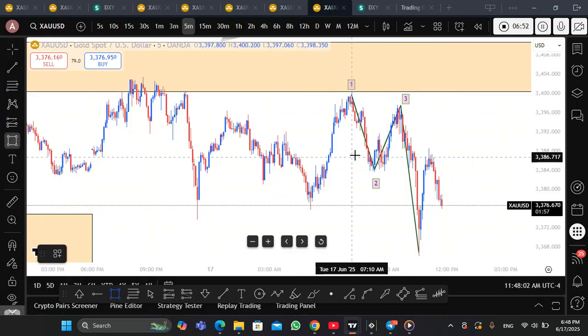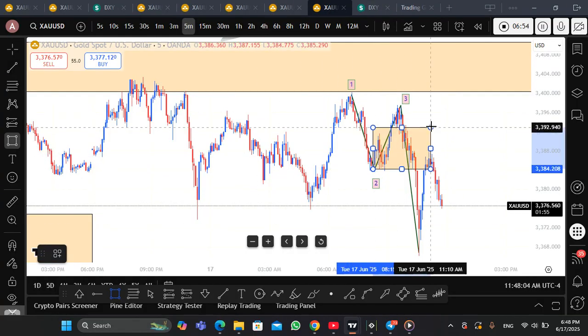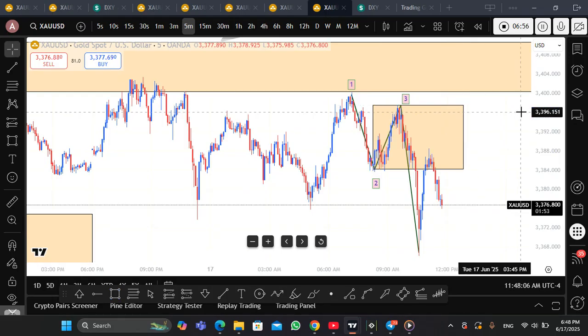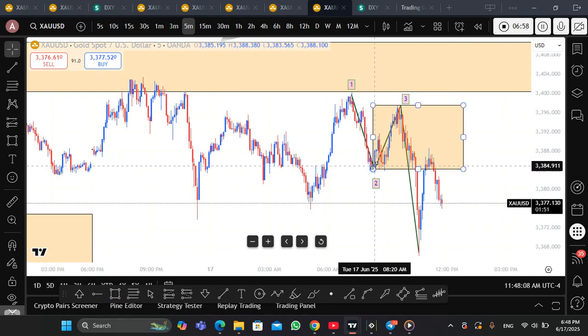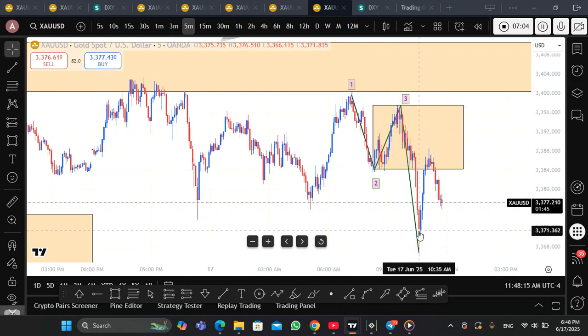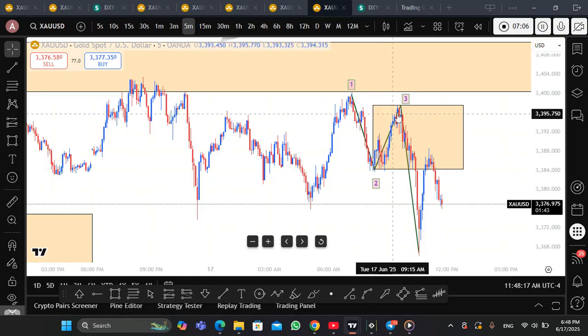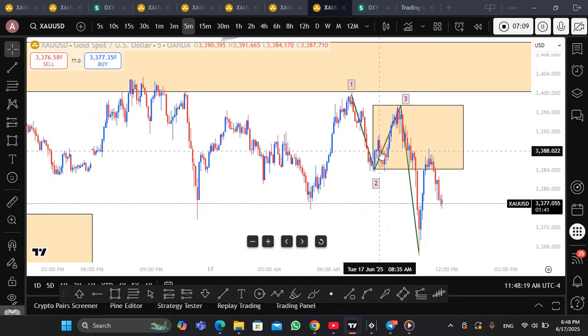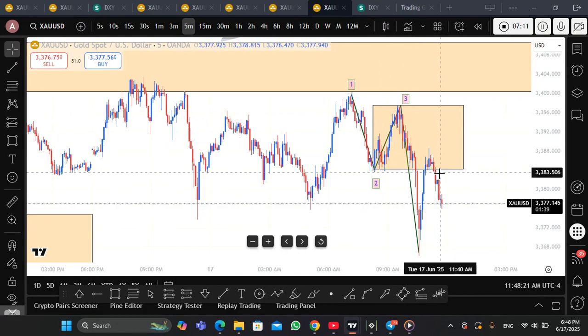What is the fair value area? As you can see, this is a fair value area. In this fair value area, there is a chance for the buying trader and then the selling trader. This area is fair between buy and sell, but